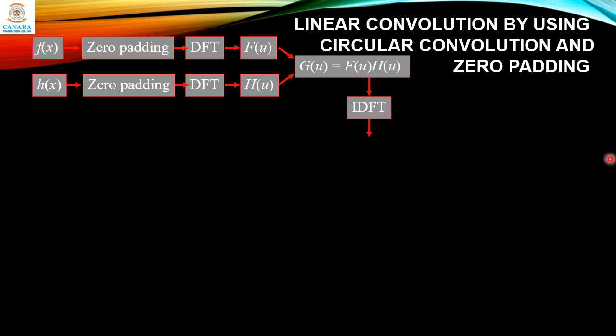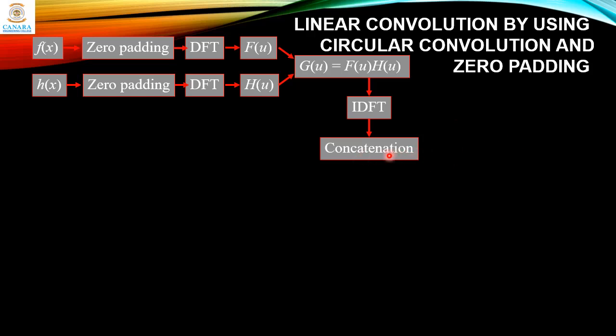So in order to get rid of the unwanted wraparound effect, we need to perform zero padding. The procedure looks like this. We have two inputs, the input image and a filter function. We perform zero padding here to make the lengths equal, and then we take the DFT of both of them. Then we have the filter coefficients and the input in the frequency domain, and we multiply them in the frequency domain. In order to view them back in the spatial domain, we need to take the IDFT, and then next is concatenation.